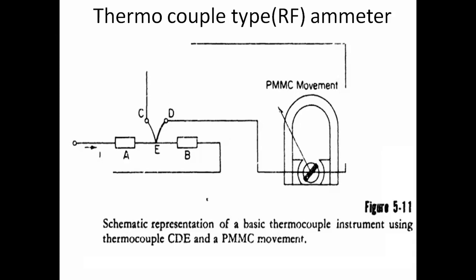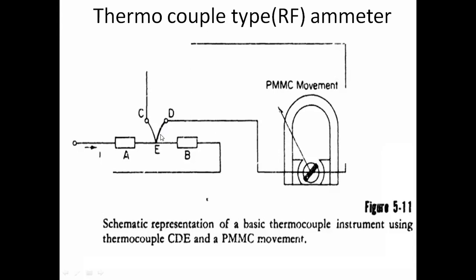So the materials which are used in the circuit have a certain nature, such that they can withstand only up to a certain amount of current. After that the wire will be burned. Until that limit, a certain amount of heat will be produced while current flows through the wire. That heat corresponds to the amount of current flowing through the wire. That's why the thermocouple is used to measure the heat obtained from the wire.